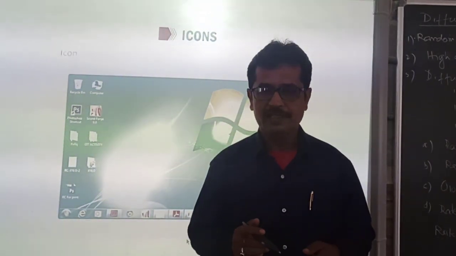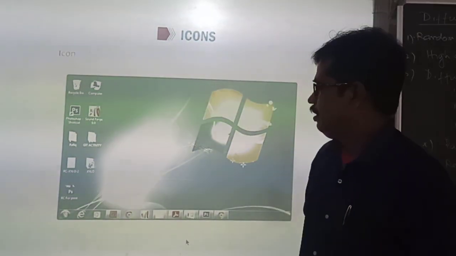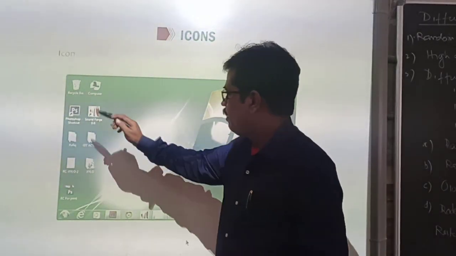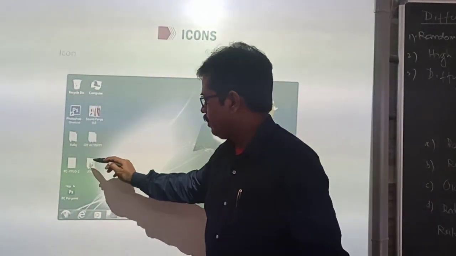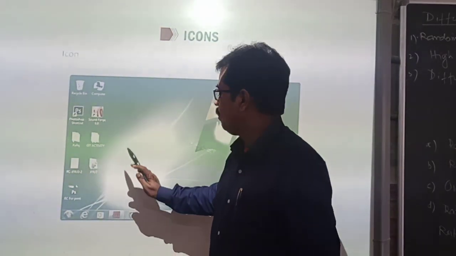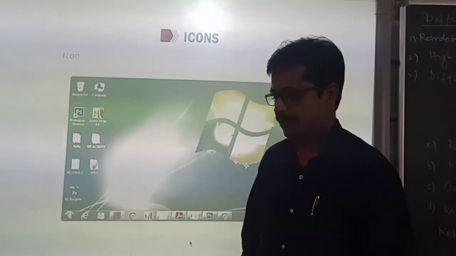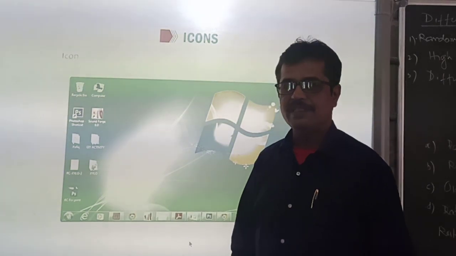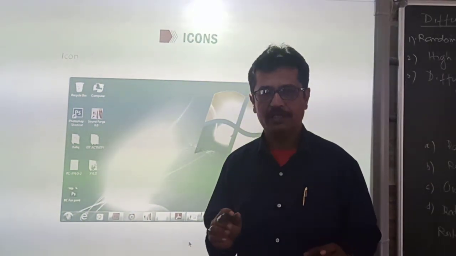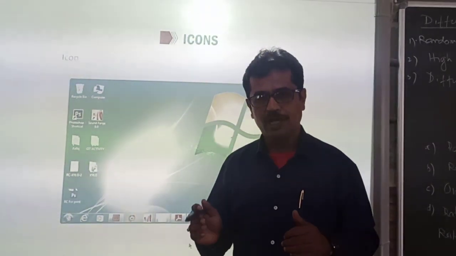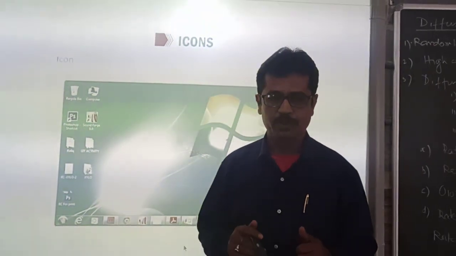So today we will start with icons. You see, these are the small pictures that you can see on the screen. These are called icons. So what are icons? Icons are small pictures of the programs stored in the computer.